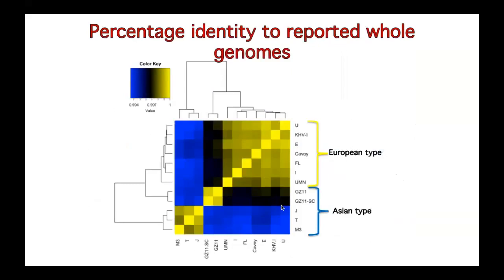It goes basically from 100% to things that are not 100%, the latter being more blue. What's interesting about this is that KHV is sort of separated into two different genotypes, European and Asian. And we found that our strain clustered together with the European genotypes. Just a caveat here, though, it's kind of a weird thing about KHV, is that the low end of the scale is 99% identity. So there's really not that many mutations that you can use to tell how these strains are phylogenetically related to each other, but there is enough to distinguish these two different genotypes.